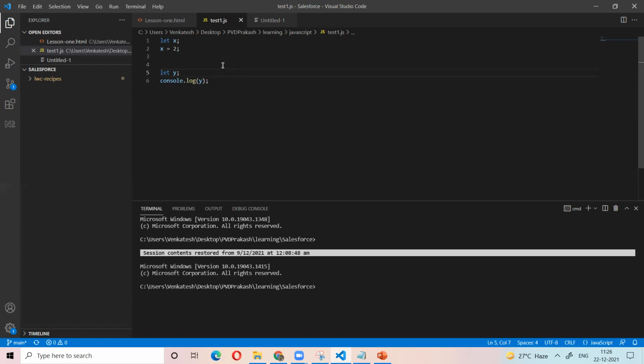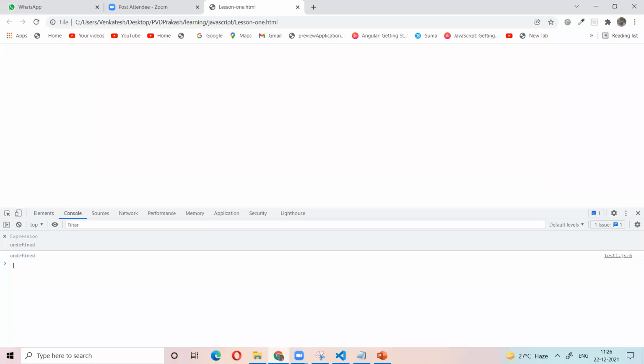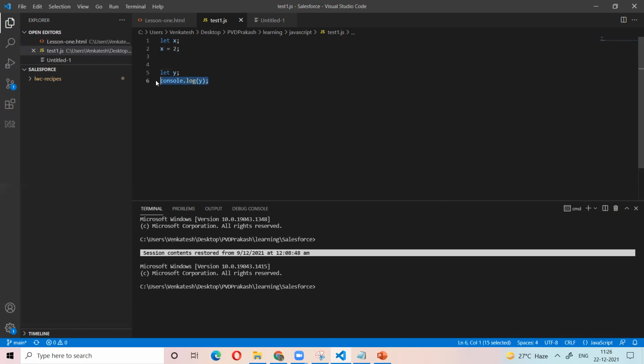If we declare the variable and did not give any value, what is the output? Let's see. Undefined. So y is undefined. We declared it, but we have not given the value, so y is undefined. For example, I did not declare the variable y. Let's see.